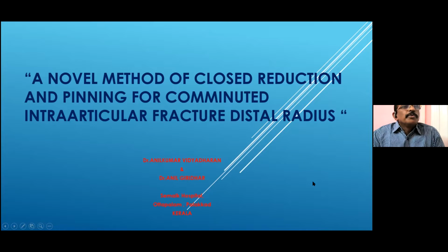I am Dr. Anil Kumar, working as an orthopedic surgeon at the Semalk Hospital, Ottapalam of Kerala. It's a charitable trust hospital, and most of the people coming are poor patients with economic constraints. So, about 25 years back, I started my innovative work to give a low-cost surgical treatment for the poor people within their economic constraints. Hence, I started this closed reduction and percutaneous pinning